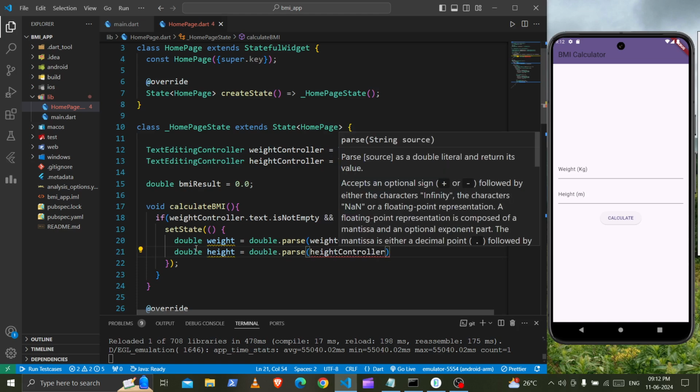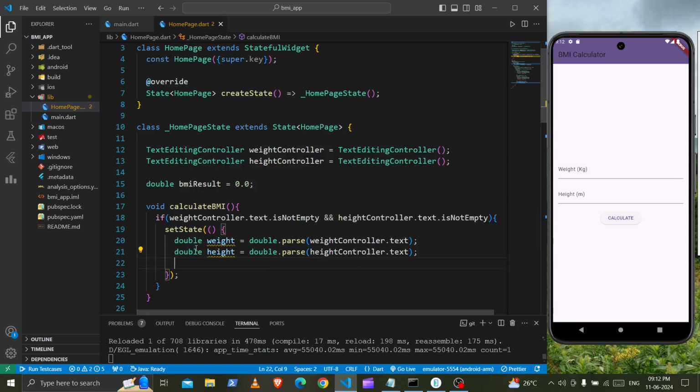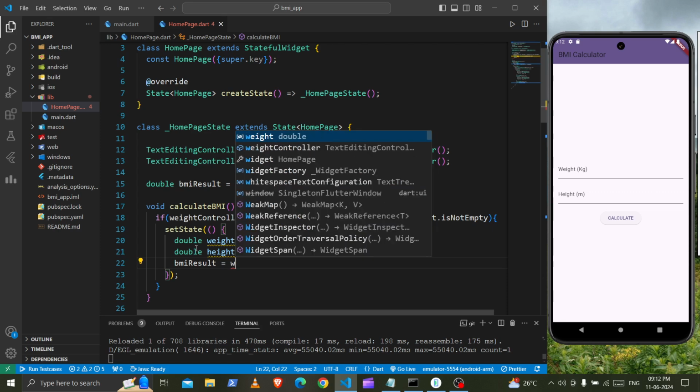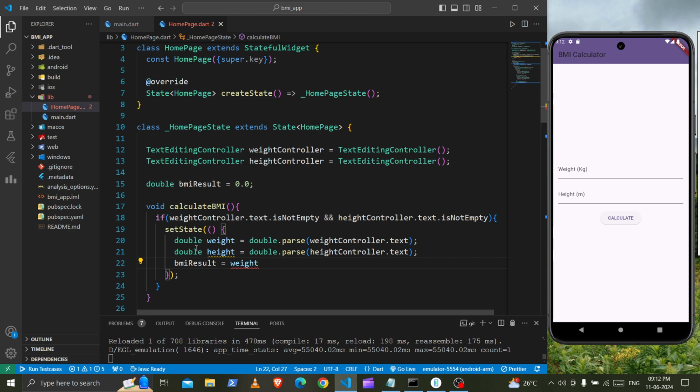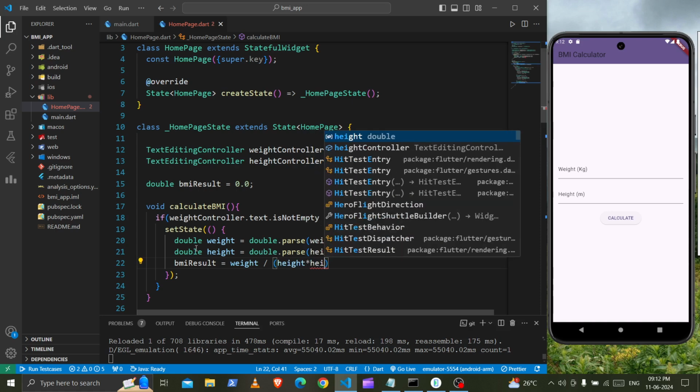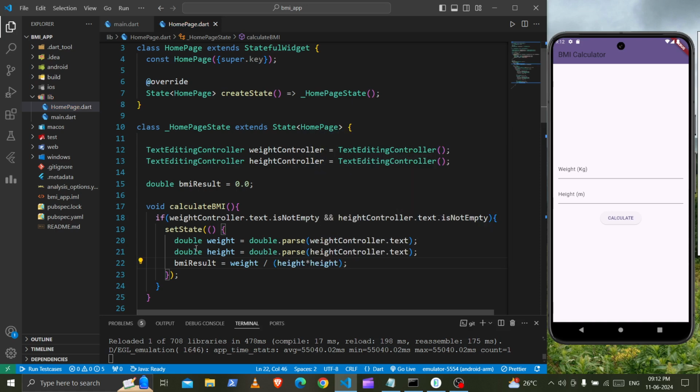Same for the height controller dot text, and then we will assign the BMI result to it. It has a simple formula, weight divided by height into height. Okay, so BMI result is calculated, and also we need to display which category